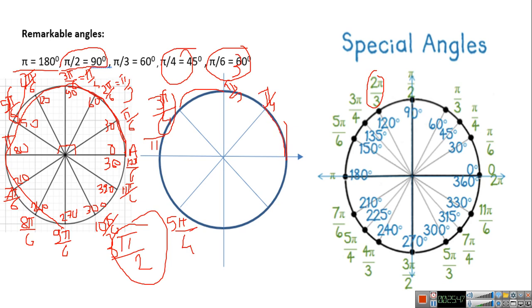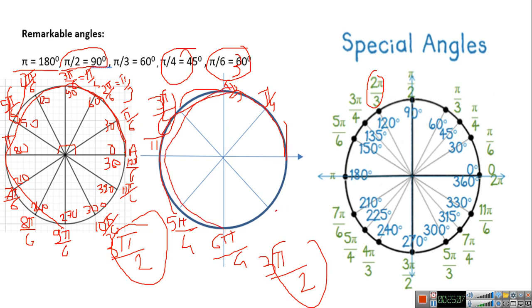5 pi over 4, 6 pi over 4, which is 3 pi over 2. What does it mean, 3 pi over 2? Pi over 2 is 90, so 3 90s. Then 6 pi over 4, 7 pi over 4, and 8 pi over 4, which is 2 pi, the whole rotation. So that's why,